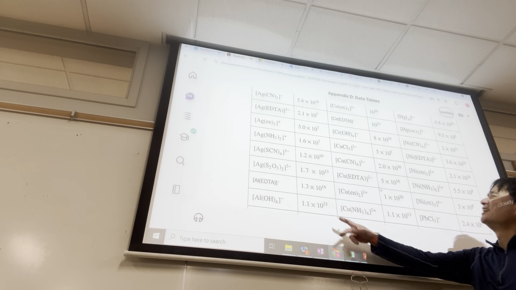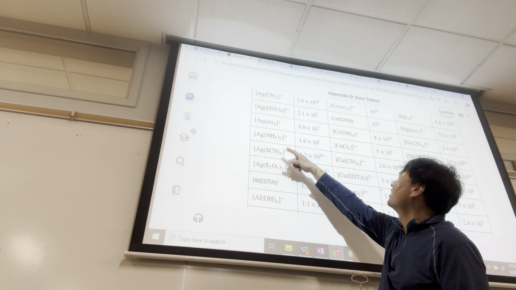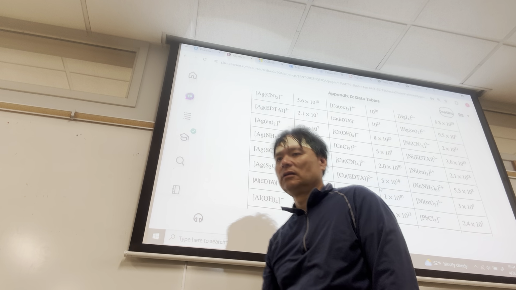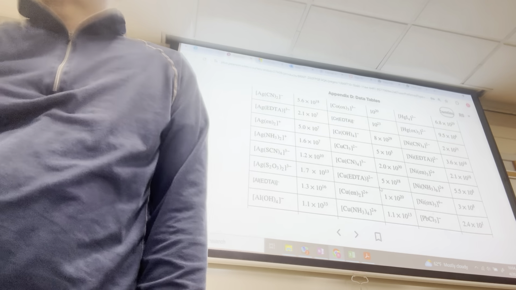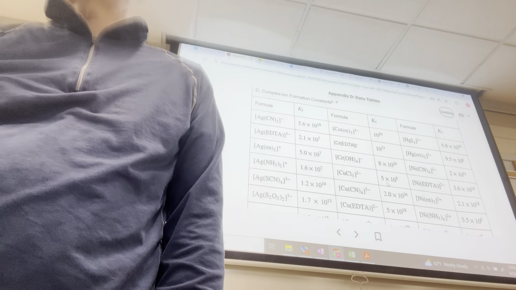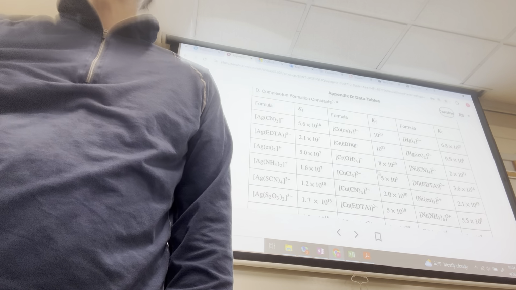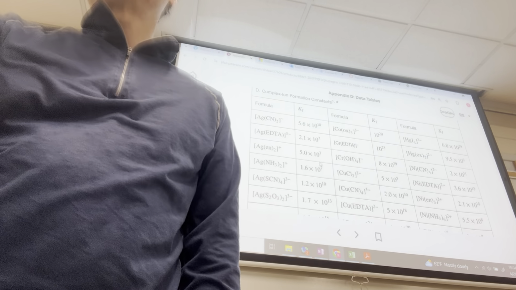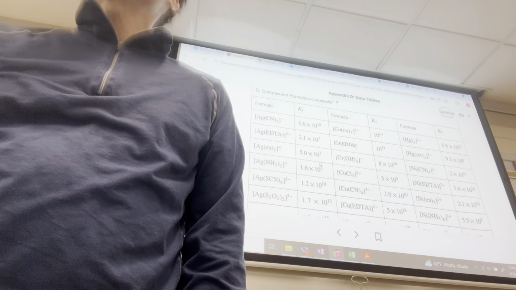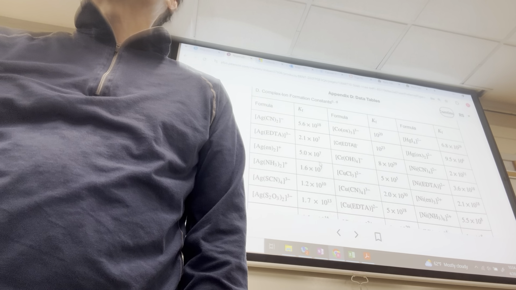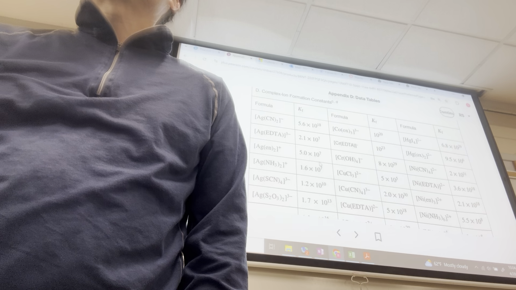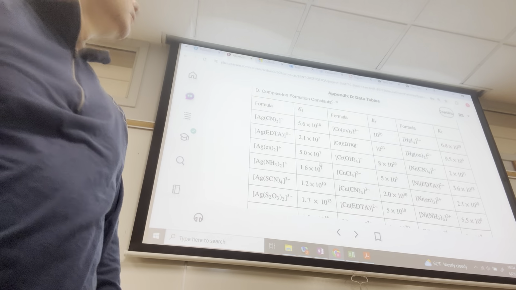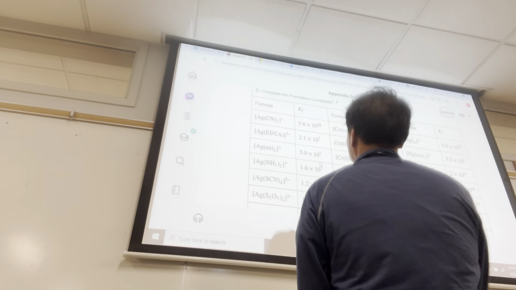Ammonia? Why ammonia? Ammonia is not the strongest. What's the strongest out of these? What would be the most effective way of dissolving silver chloride, that is, pushing the equilibrium to the right? Which would be the most effective at reducing the free silver ion concentration? Cyanide. Yeah, cyanide would be the best,